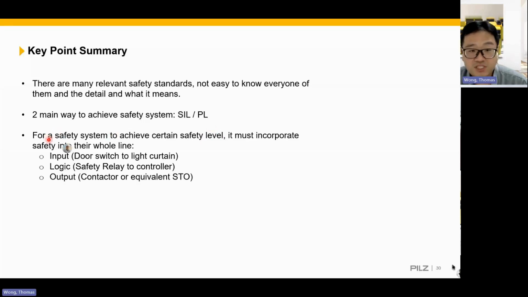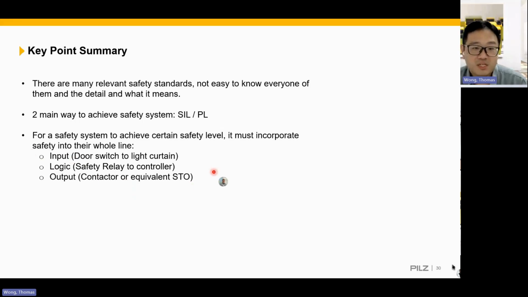Also take note, for a safety system to achieve a certain safety level, for example we take D as an example, it must incorporate safety into the whole line. People always assume, oh, I need to have a door switch, I just need to have a safety relay, I'm done. Actually, it's not true. We need to have the safety system inside the whole circuitry. So it includes input systems, such as your door switches and light curtains, the logic, which is your safety relays or safety controllers, for example, and also your outputs, such as contactors or equivalent,